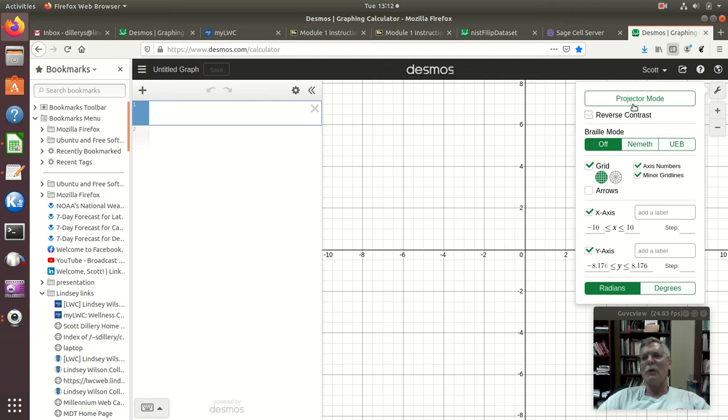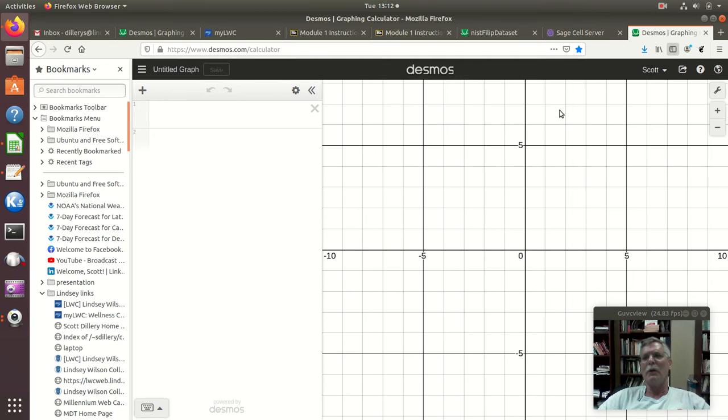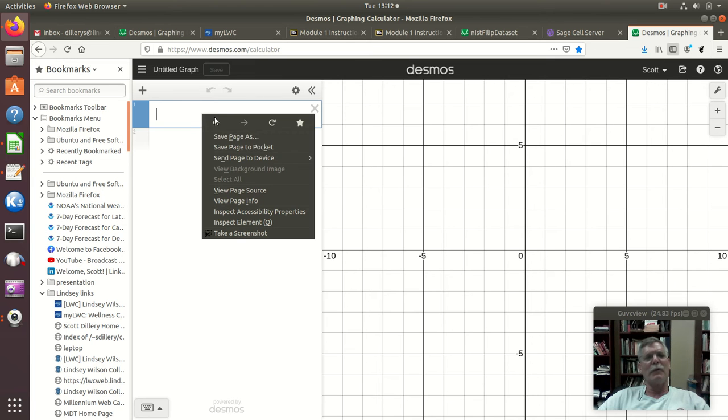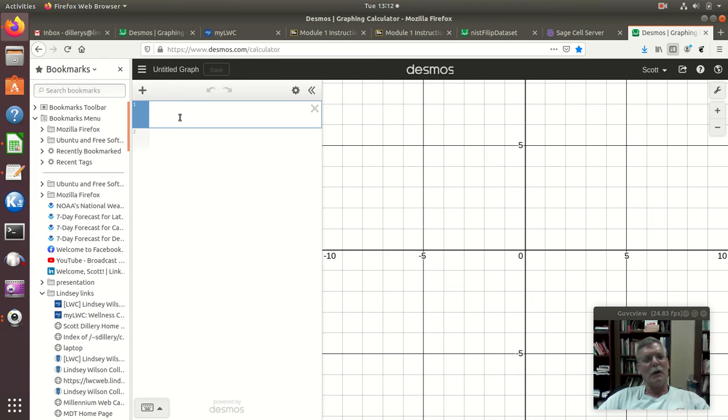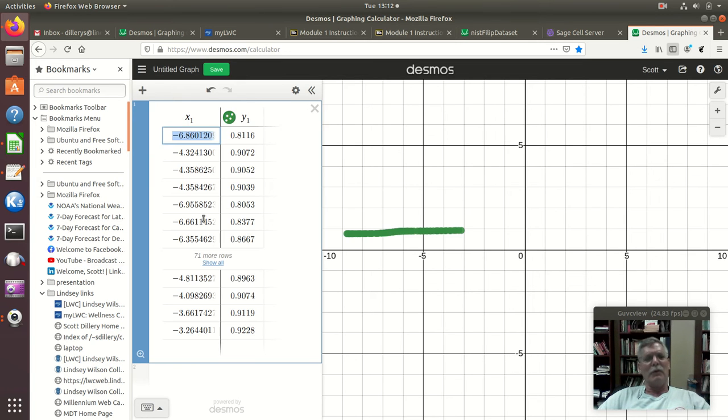And then I come to Desmos, and here's an empty Desmos. I can make it show up a little better in projector mode. And all I have to do is click in here, and to paste I need to use Control V. You can't do it with the mouse, right? If I do this, it's all the HTML stuff. So Control V, and it just does it. There it is,